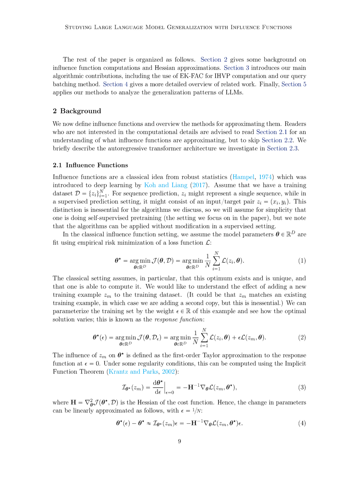Suppose we have a training dataset with n examples. For sequence prediction, an example might be a single sequence, or, in supervised prediction, an input and target pair. We are primarily interested in self-supervised pre-training, but the algorithms can be applied in supervised settings as well. In classical influence function theory, we assume that the model's parameters are obtained by minimizing a specific loss function. This optimization produces the best parameters, which we can represent as a mathematical expression involving the sum of the loss over all the examples in the dataset divided by n.